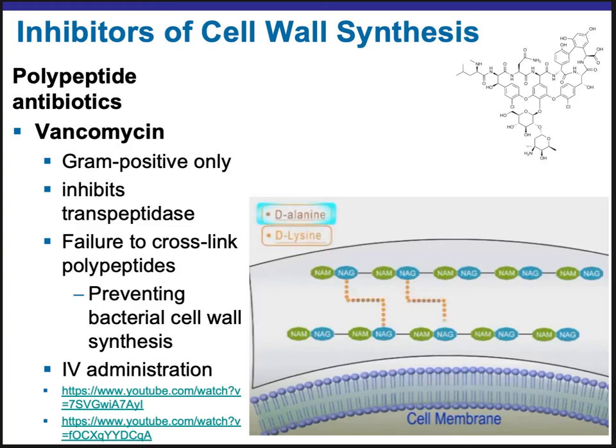Okay. I attached two very short videos that show the mechanism of vancomycin. And this is actually an image from one of those videos that shows you that this drug will bind here, and then the transpeptidases won't be able to come in and make that bond. And so then these two chains of NAG and NAM carbohydrates will not be held together. So the same end result as penicillin.